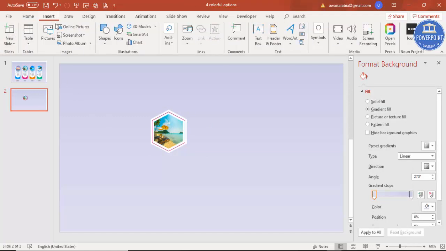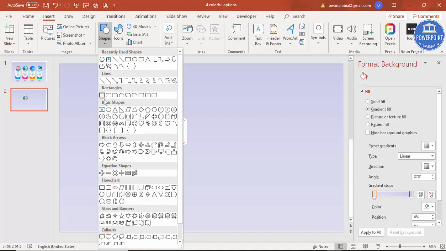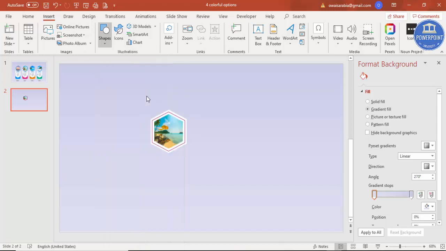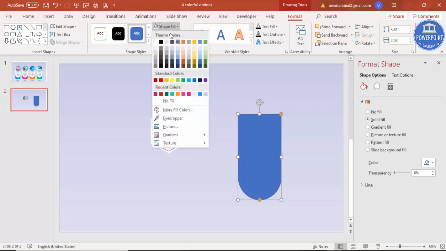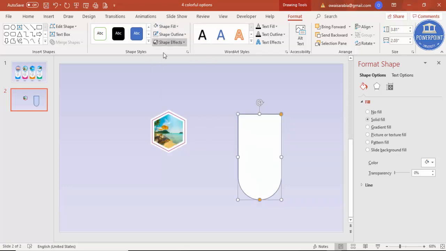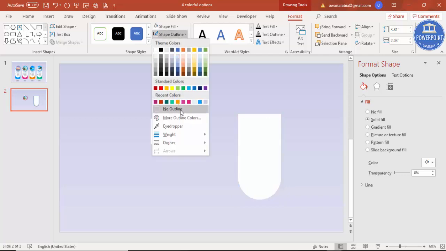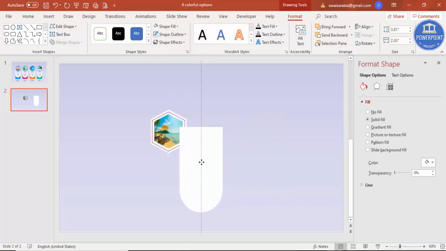Then I'm going to insert shapes, and I'm going to select this one which is rectangle top corners rounded. Just drag this one, and here at the top you drag it outside so that it becomes not curved, and here inside it should become fully curved, so drag inside. And I'm just going to give for the meantime a white color, shape outline, make it no outline, and before